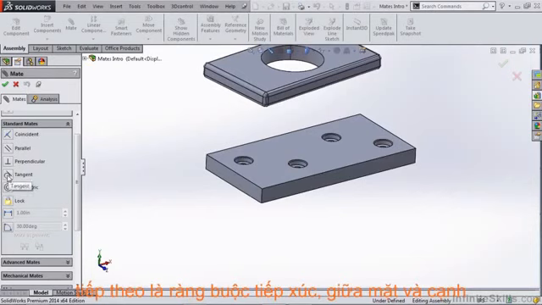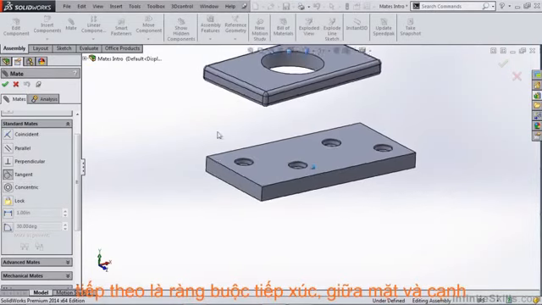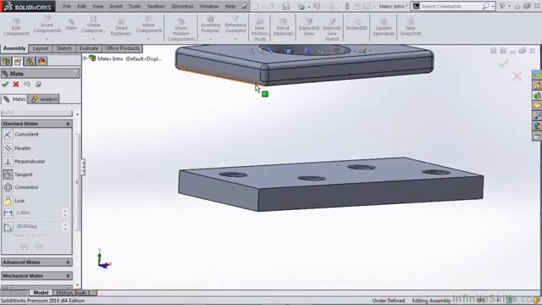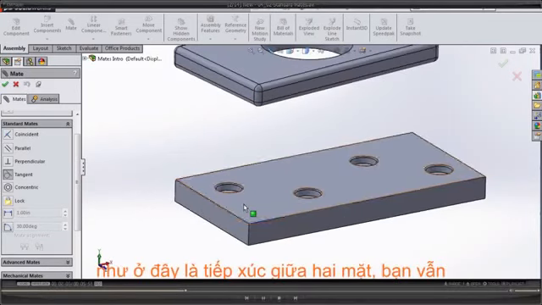The next available option is tangent. And tangent wants a planar face or an edge in relation to a curved surface. So we're going to take a look at this face